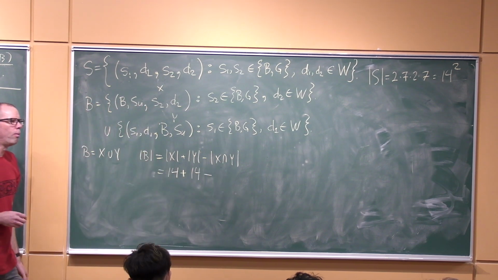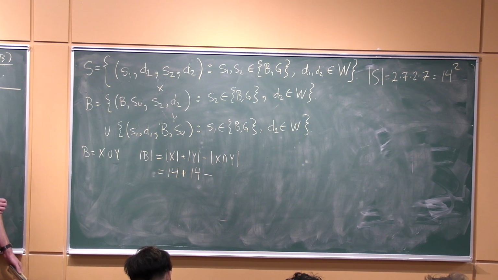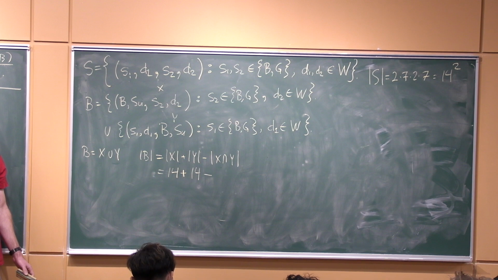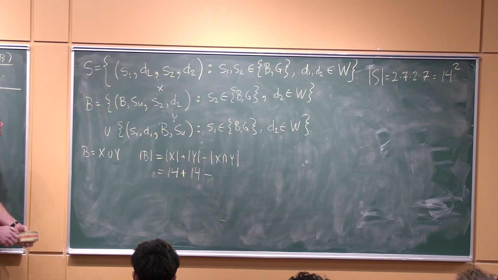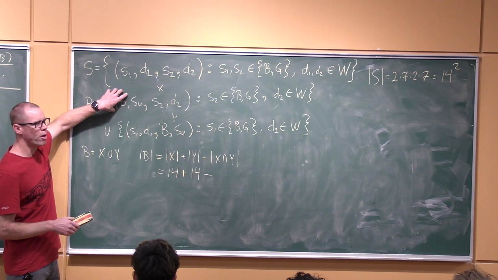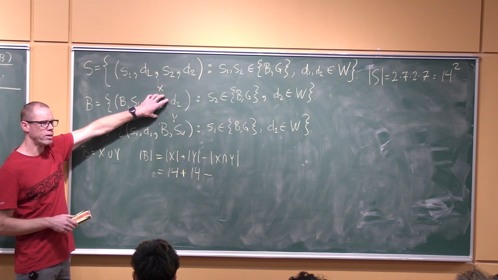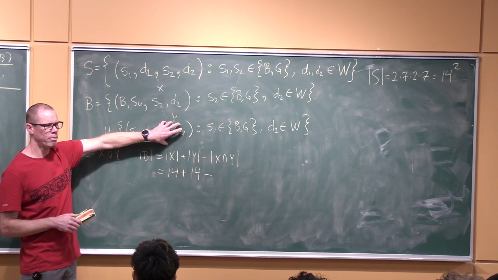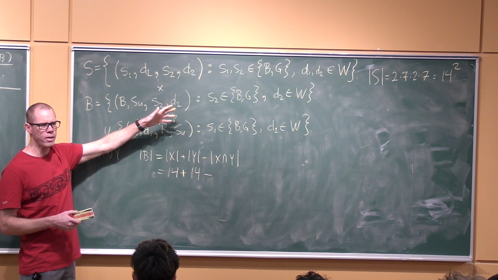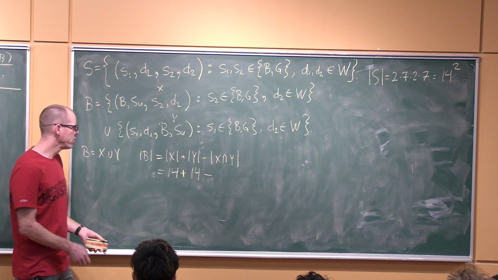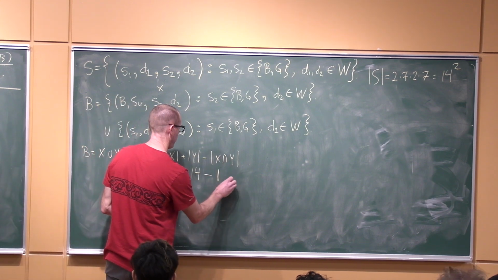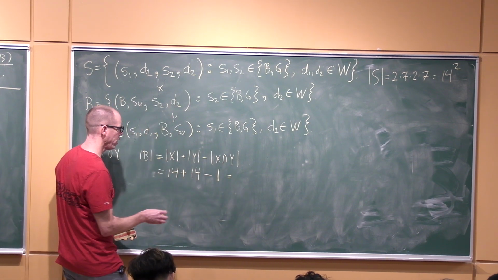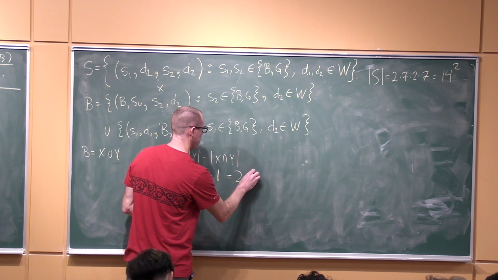And what about this set X intersect Y? What's in there? A boy born on Sunday and a boy born on Sunday. So this one counts the case where there's a boy born on Sunday and another boy born on Sunday. And this one counts the case where there's a boy born on Sunday and another one born on Sunday. And that's the only thing that they have in common, right? So we need to subtract 1. So that's 28 minus 1, 27.